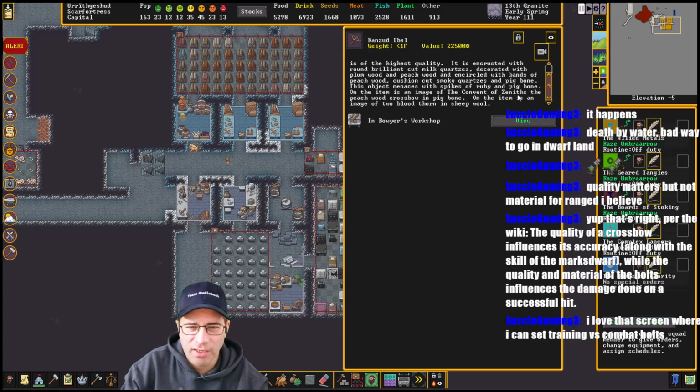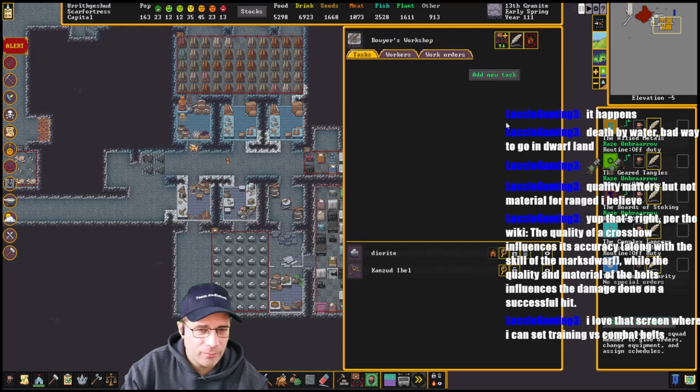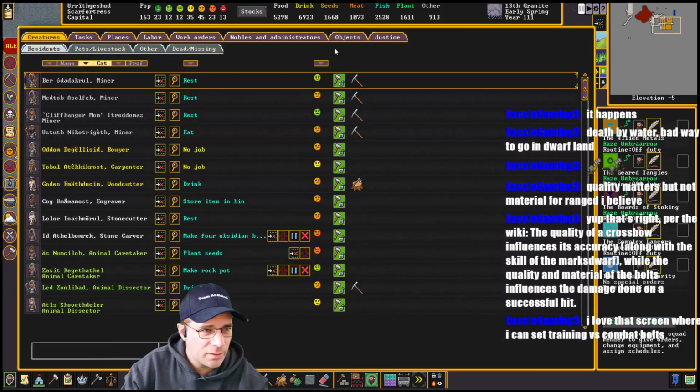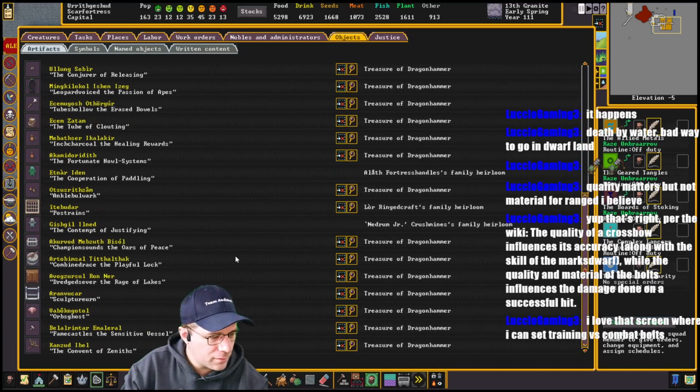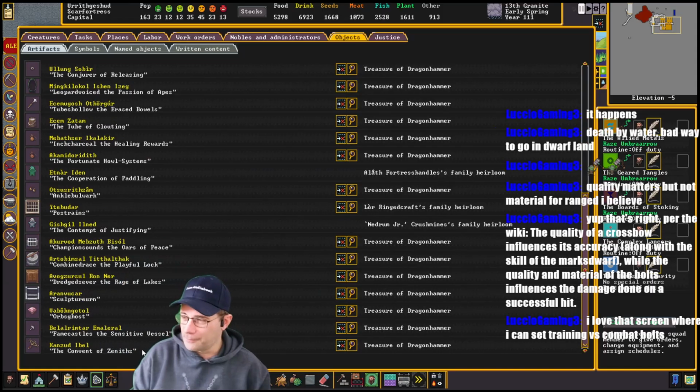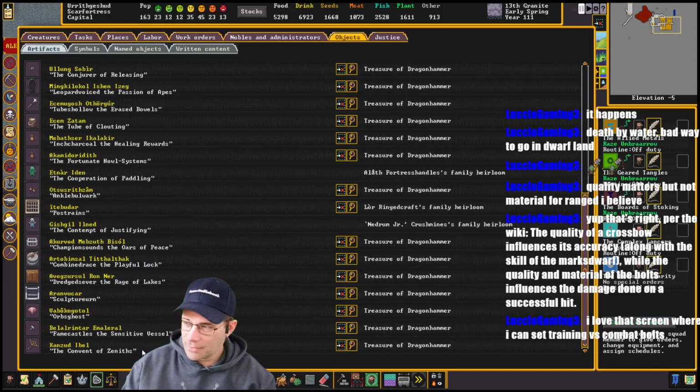Image of the Convent of Zeniths. Is that the common name of this? Let's find that out. The Convent of Zenith. It does have a picture of itself on it. We have a recursive, lightly recursive,